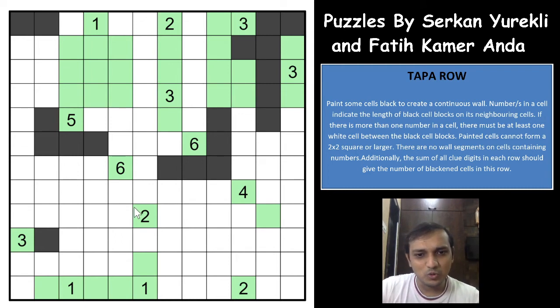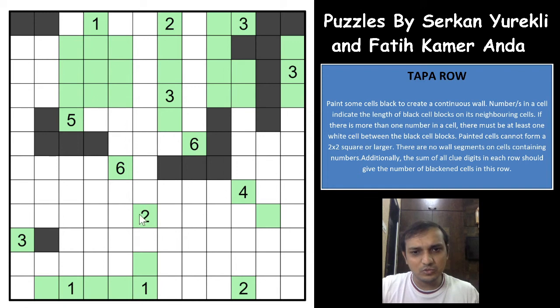Because for the 2 clue here, we know that there will be a group of shaded cells in this area for this 2 clue. There are some shaded cells for this 2 clue. And both of these shaded groups cannot meet using this area. Of course, the 3 clue will be violated. They cannot connect using this area. So they will have to go above and connect, right? This group of shaded cells has to go up. This group of shaded cells has to go up.